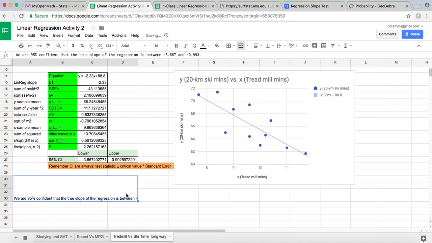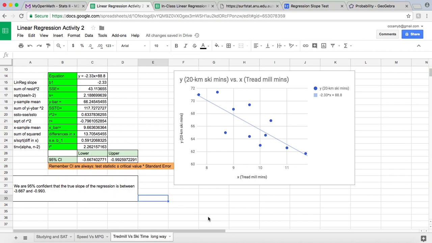Oops. And then to make this nice, we will go like that, and we'll tell it to wrap around. So this makes it in the middle, and that makes it wrap around so that we can see it. All right, I'm going to build another one to talk about the hypothesis testing. So right now, here's the first part. Here is our confidence interval and what we would say about